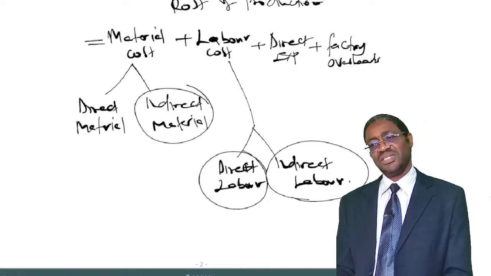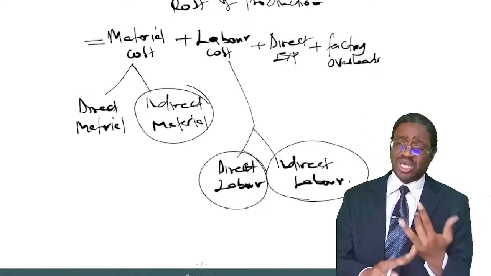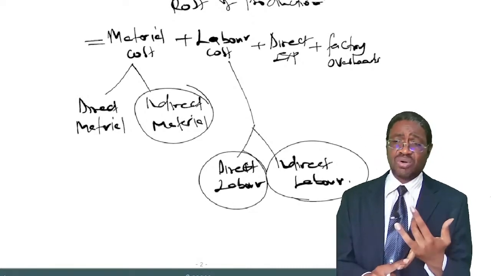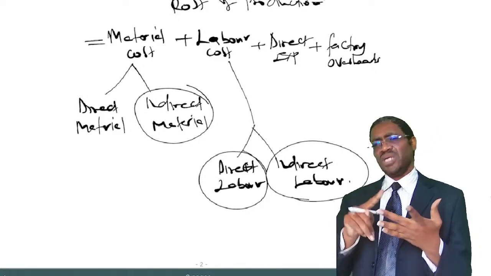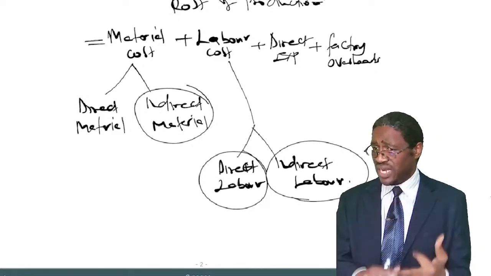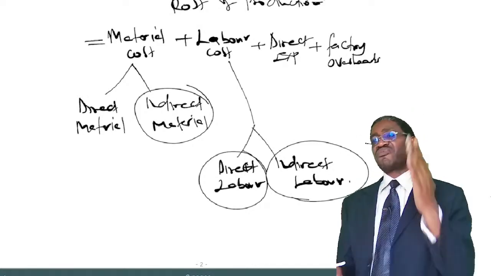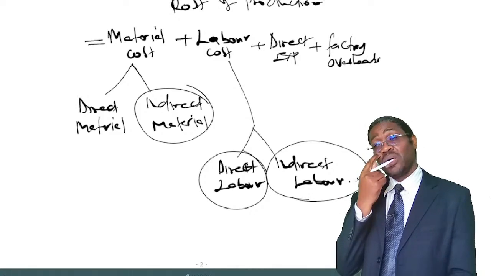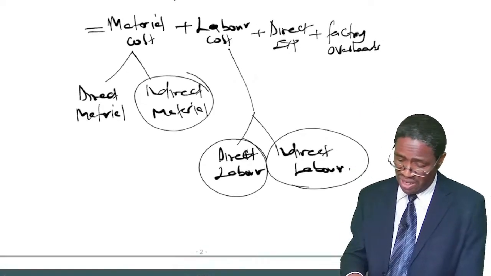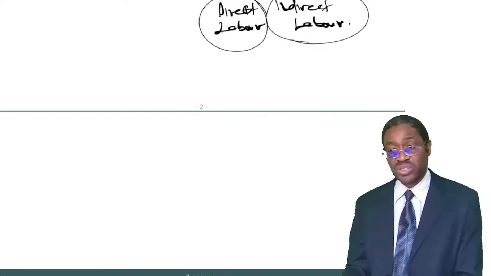Good. So now you know what a material cost is. We have said there are two types of material costs. There is direct material cost and indirect material cost. Labor cost, we have said again, there is direct labor cost and indirect labor cost. Then I've told you there is also direct expenses and factory overheads. Now listen carefully as I'm developing. To get the cost